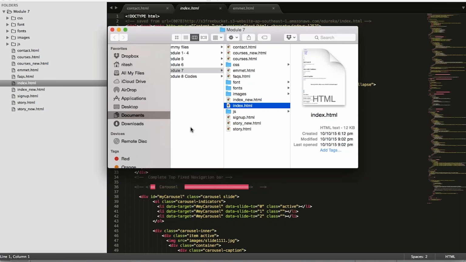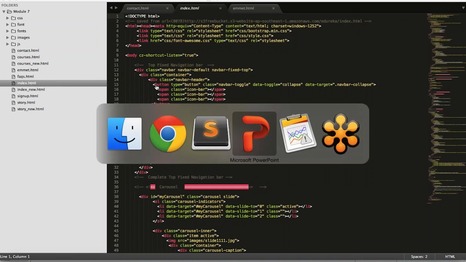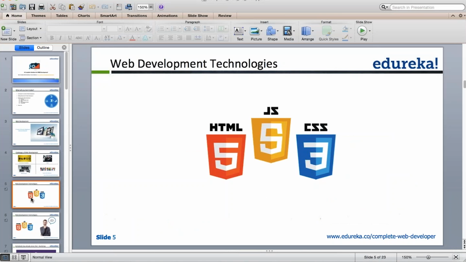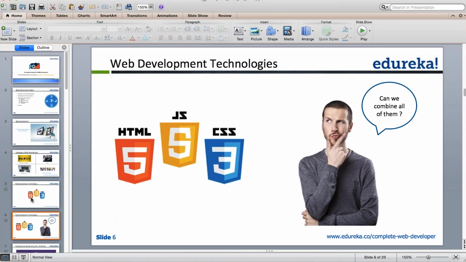Let me clear some of the basic doubts: this complete web development course is all about HTML, CSS, and JavaScript, which is today one of the most important things to be learned. Earlier when I started working, there was nothing like front-end development, back-end development, or database development. There was module development. We used to be given a module which we needed to develop. Now we have three kinds of development: front-end, back-end, and database development.